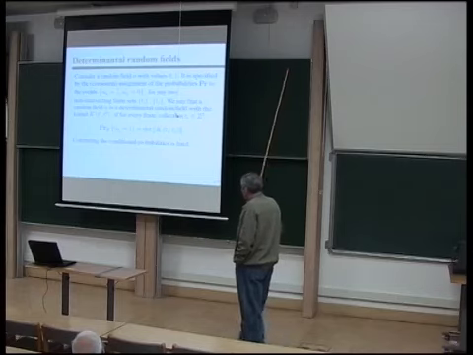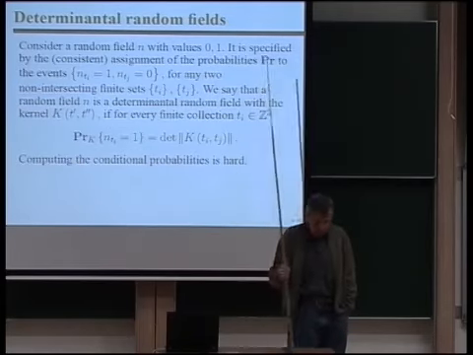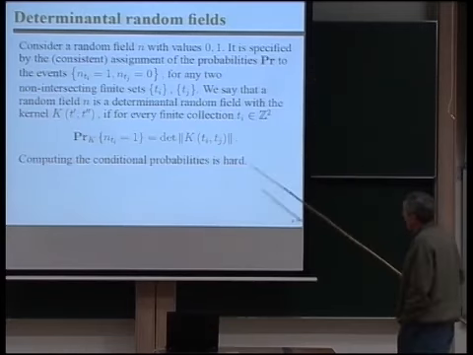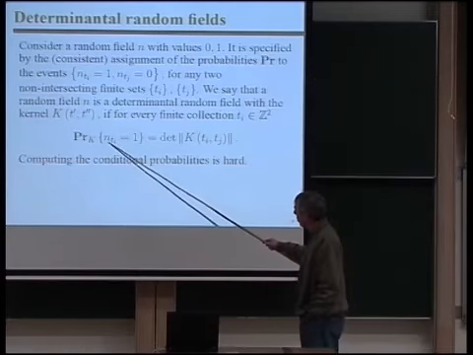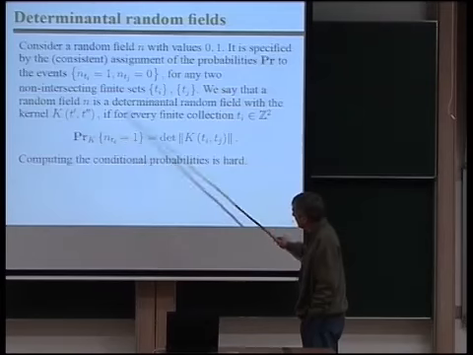So for every two lattice sites, I have a number, and this is a matrix. Then if I want to compute the correlation function, the probability that all the values are 1 on that finite set of indices,